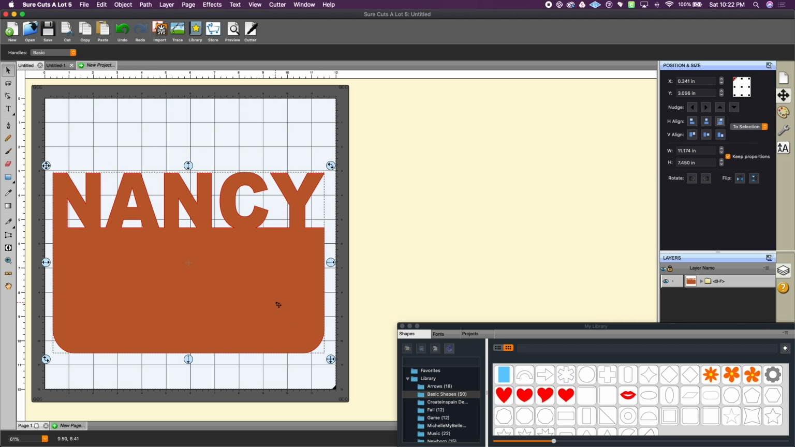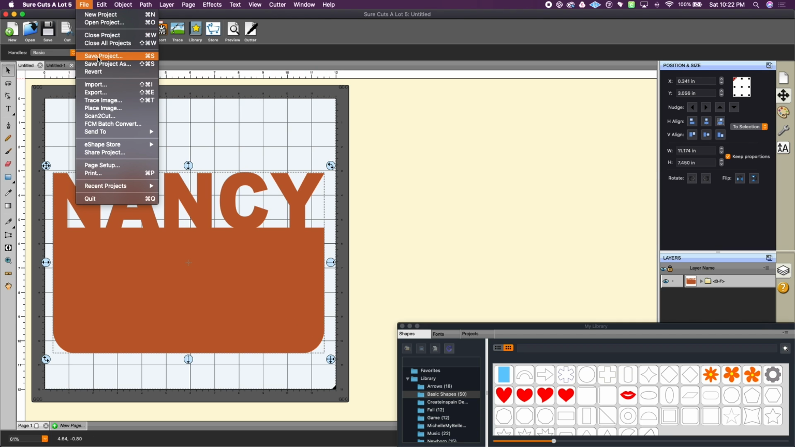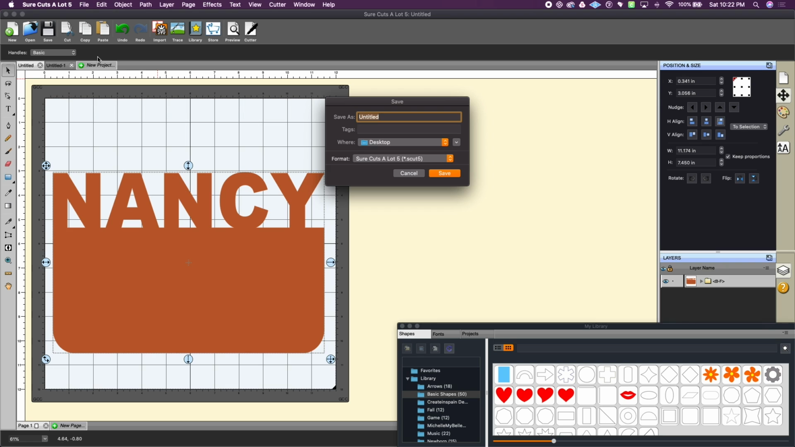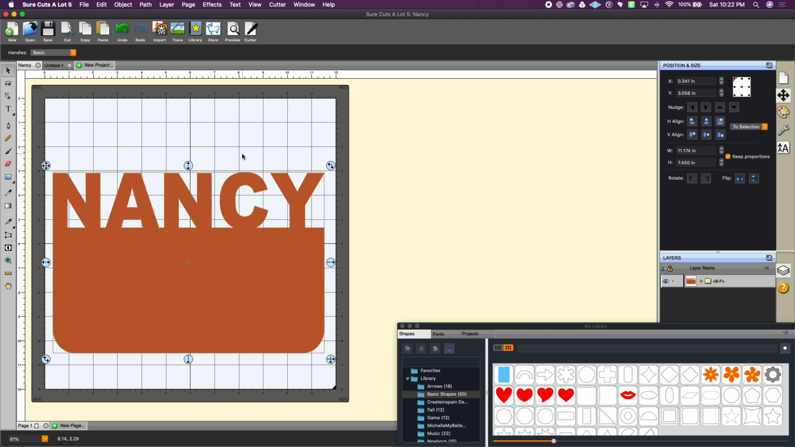Okay, so what we can do, and let me save my work here. I do recommend that occasionally you save your work just in case something happens, or if you want to go back, and I'll just call it Nancy, save, and there we go. So to create an inset for this, you want to go ahead and highlight it, and you're going to go